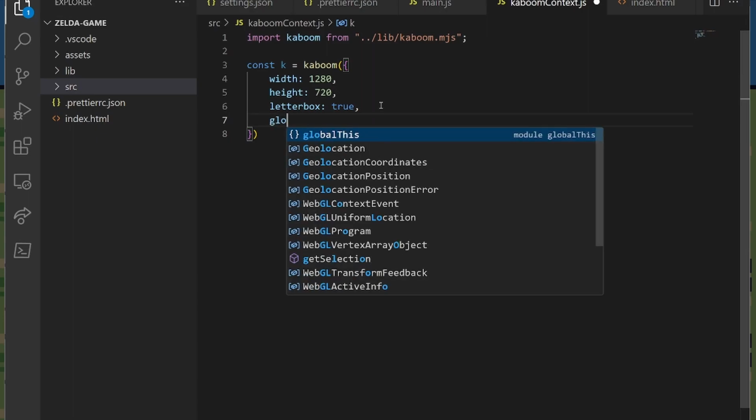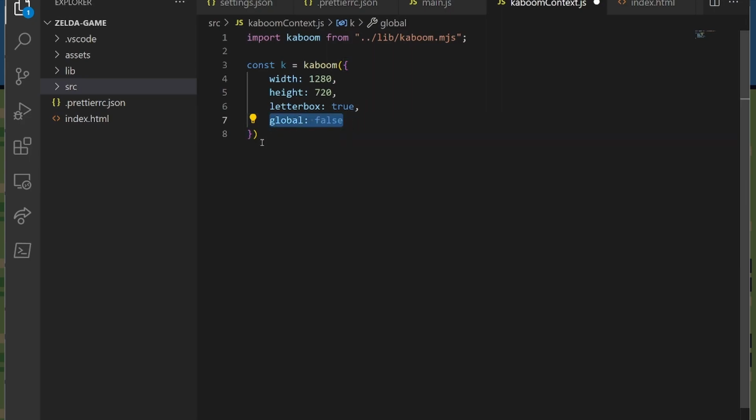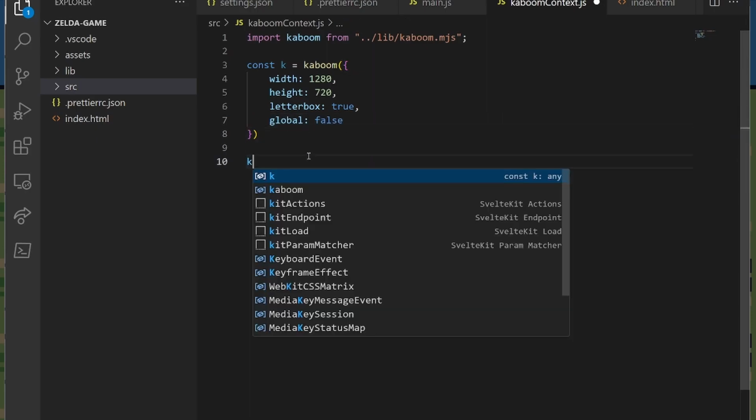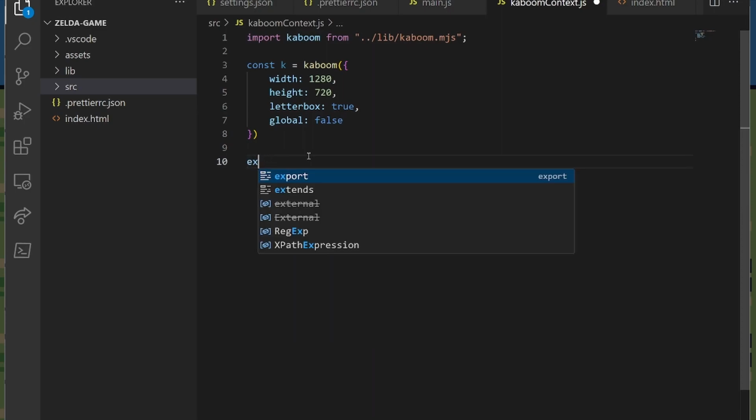And finally, we're going to set global to false. By default global is true, that means that once you write this statement, you can use all the functions of Kaboom by just calling them by their name. But by using global false, you're going to have to do k dot the name of the function. For example, add, which is one of the functions Kaboom offers. Now we're just going to export default